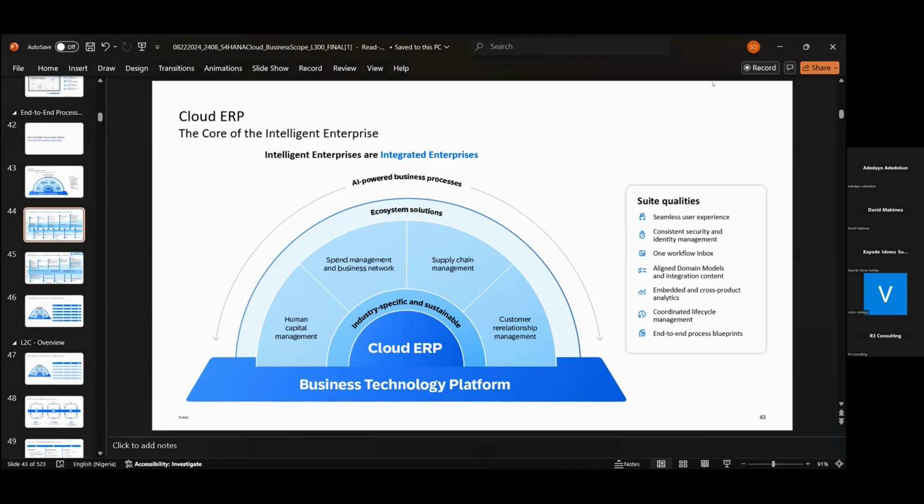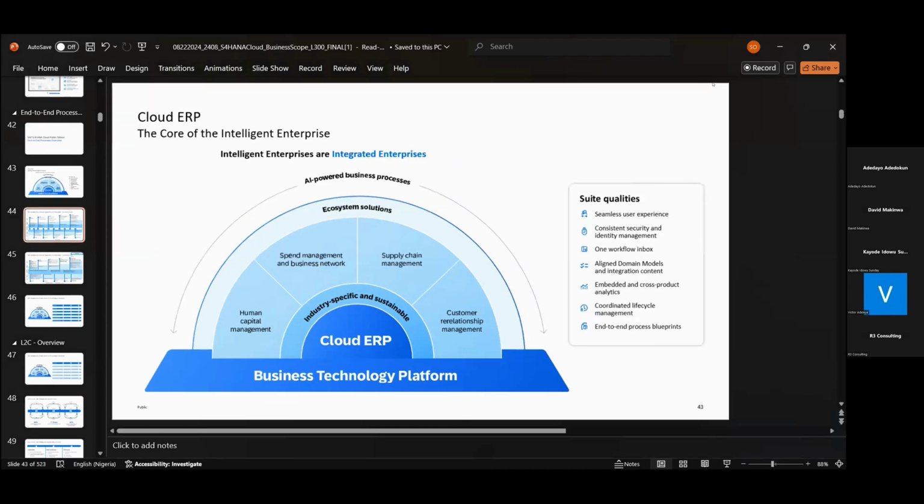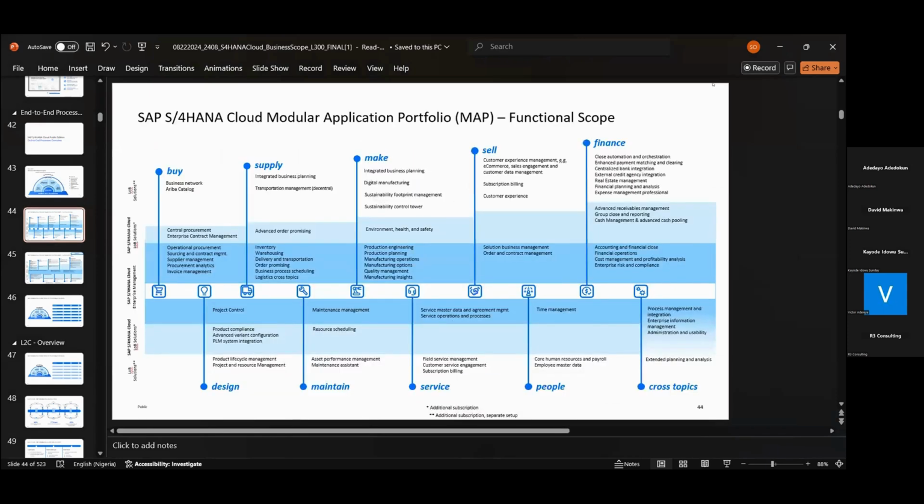Okay, so I'm just going to give us the overview. S/4HANA is a very broad topic, and if we have to really go into it in depth, we are going to spend a lot of time. So we'll have subsequent webinars, and then we'll choose some topics to talk about. So please tune in for that, and we'll also let you know.